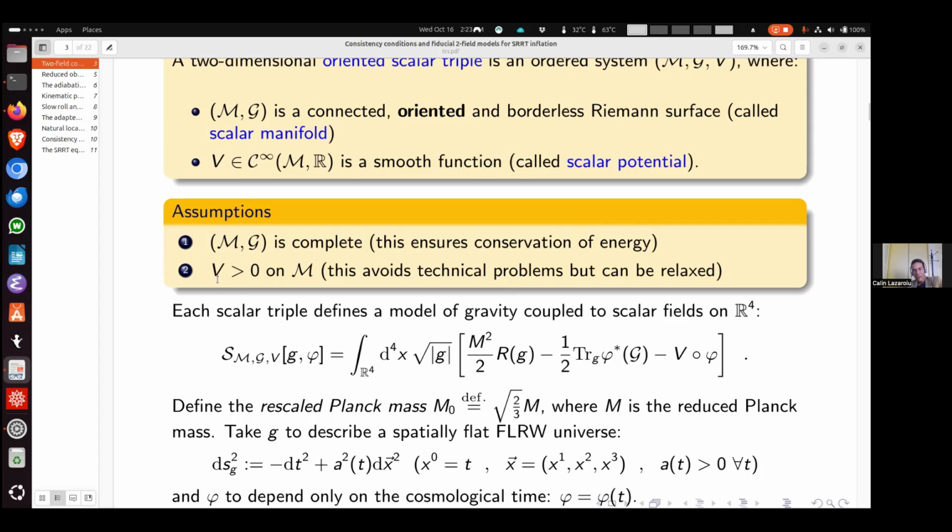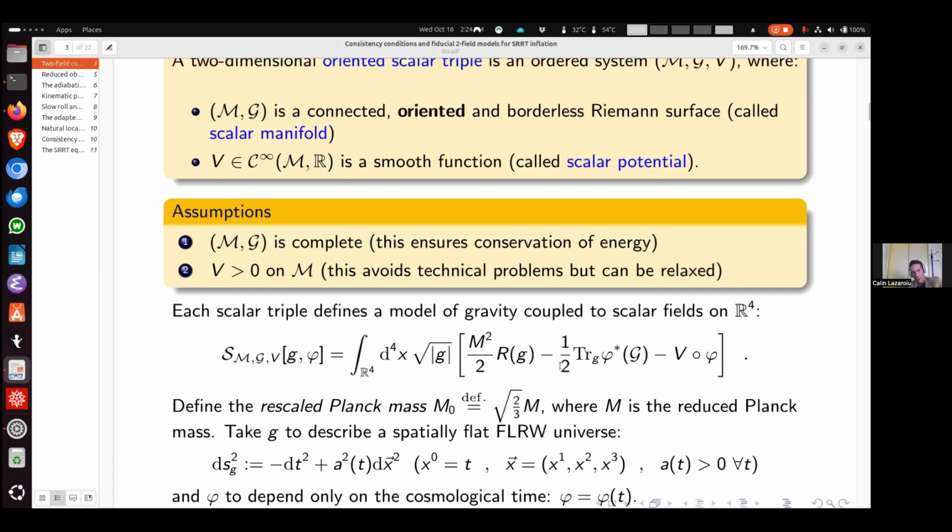The second assumption is that V is strictly positive everywhere on M. So it's really a function from M with values in the positive half axis, which is smooth. Okay? Now I will use assumption 2. For some of the mathematical discussion later, I won't worry about completeness. But of course, for physics applications, you will also have to impose completeness, and I will comment a little bit